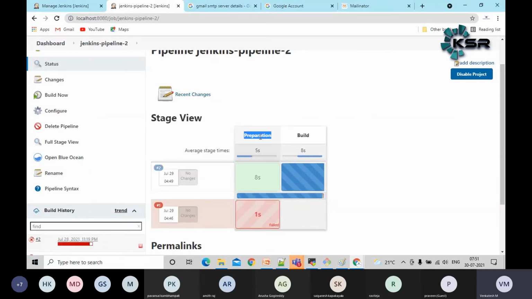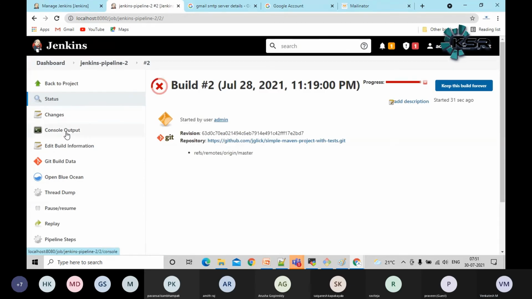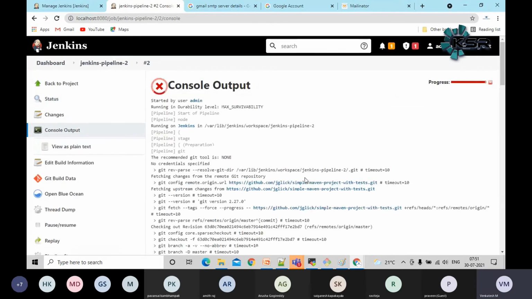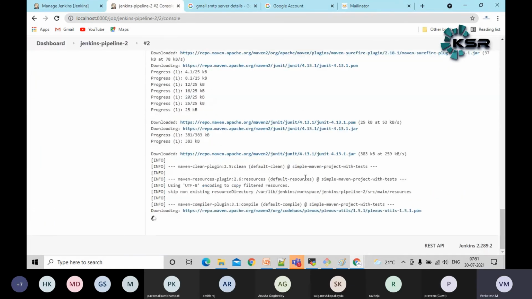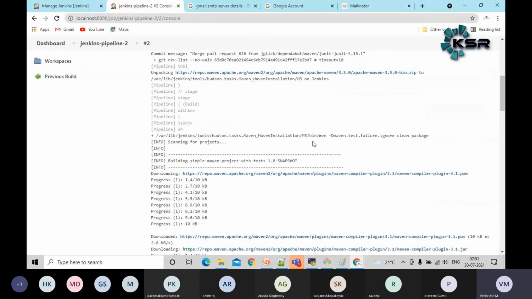Because I have created M3 as the Maven tool name. Then it comes to the build phase, guys. Now let's see what it's doing. It cloned all the source code, as you can see here, and triggered Maven clean package, the same as whatever we have done.